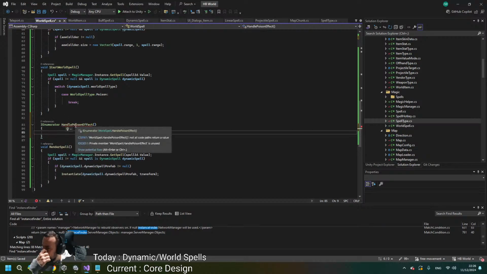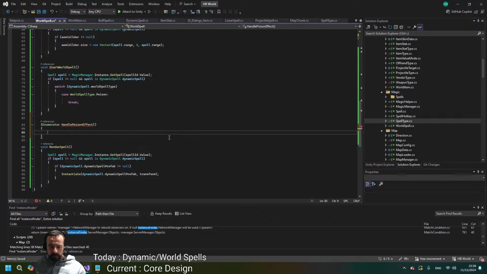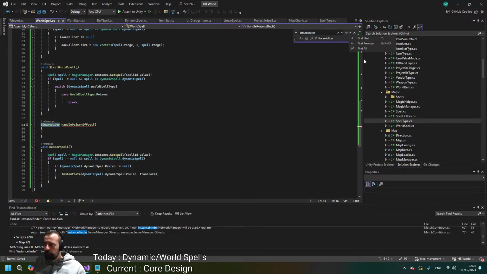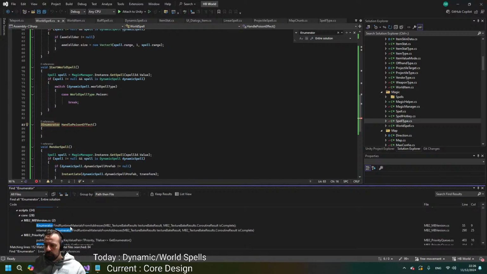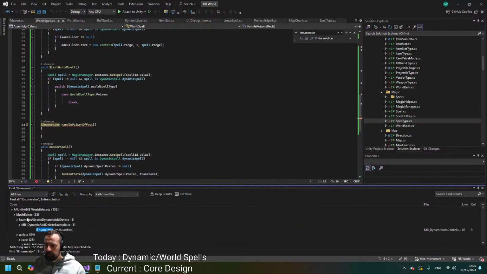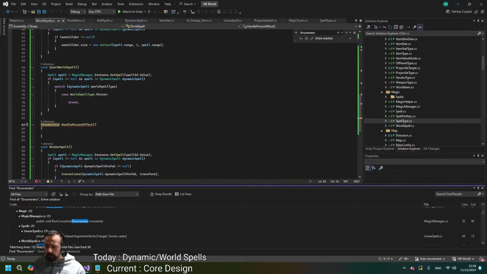Okay, so we need to keep checking until the duration's expired. A good way is just using a code that I've used before, choppable. Run coroutine,